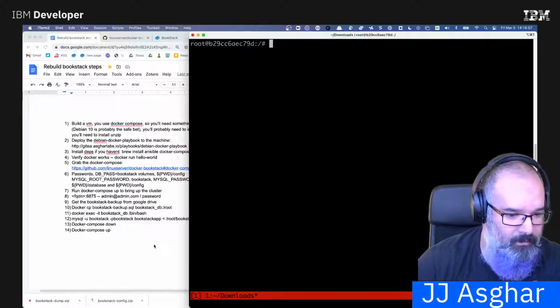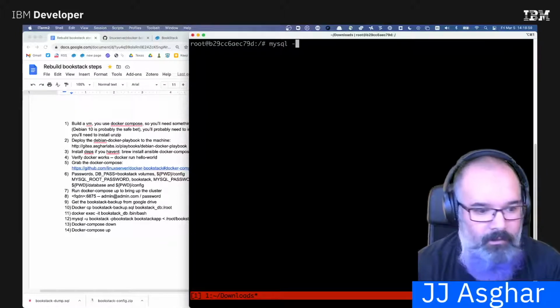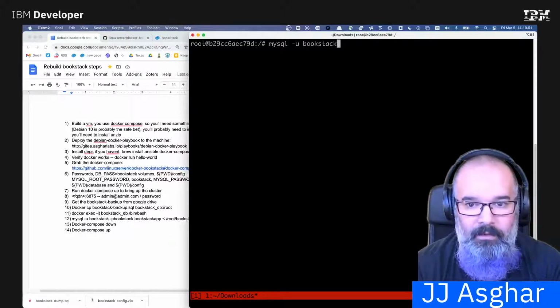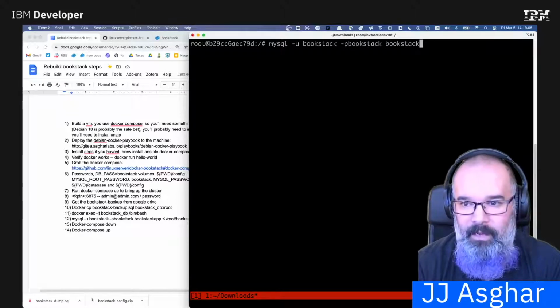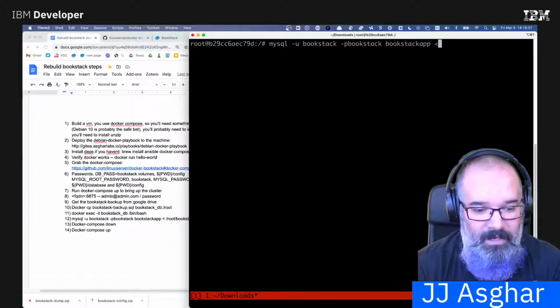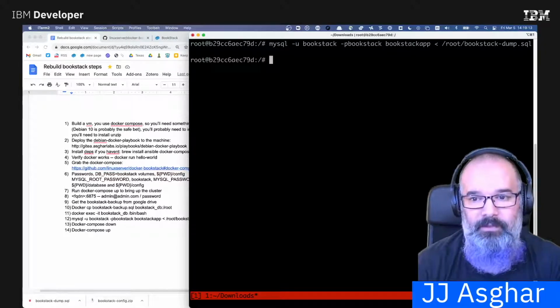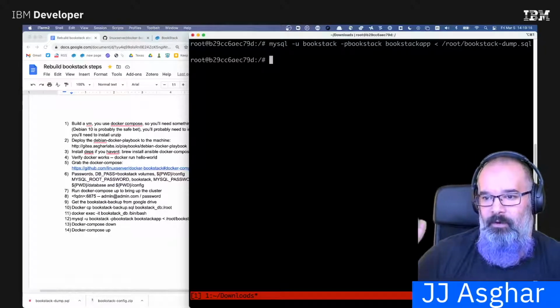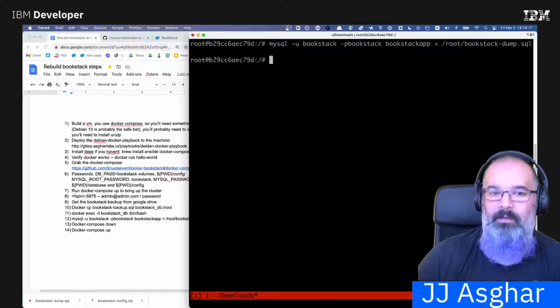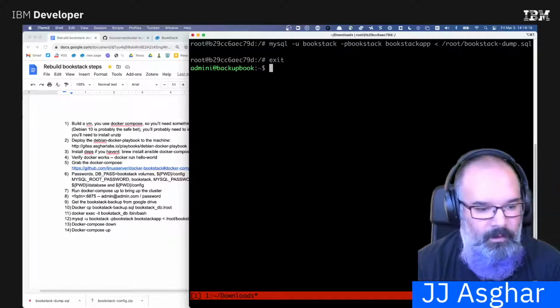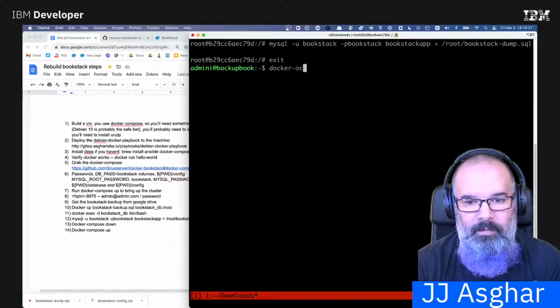So I should be able to do mysql -u bookstack -p bookstack, because I'm lazy, bookstack app, which is the name of the database if you read the documentation, to the bookstack dump on that. So now I took that dump from my other machine, my backup, and put it on there. So what I'll do is docker compose